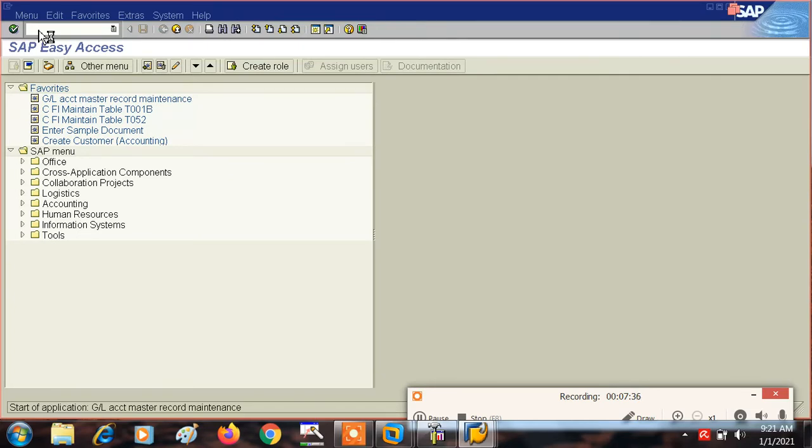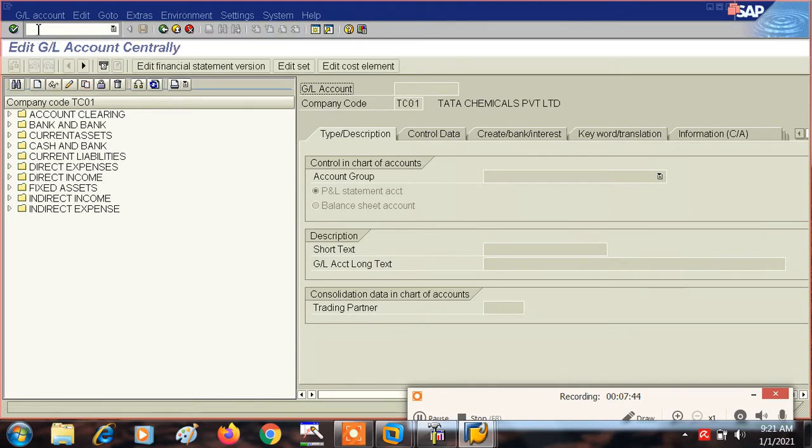So when we create or when we give details to a general ledger account at chart of account level, then that information or those details are given at client level, right? That means the information given at this level is common for all the company codes under that particular client, right? Now the information or details which we give at company code level are not common to all company codes, because this detail could be company code specific, right? So at two levels we have to create, and I'm going to show you.